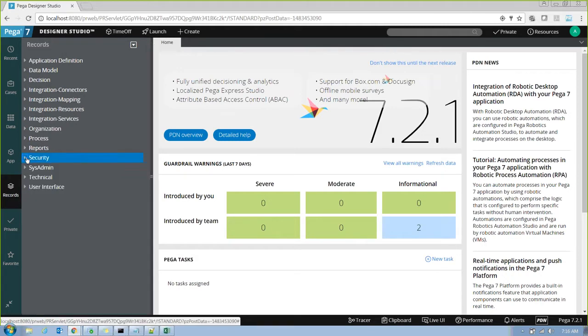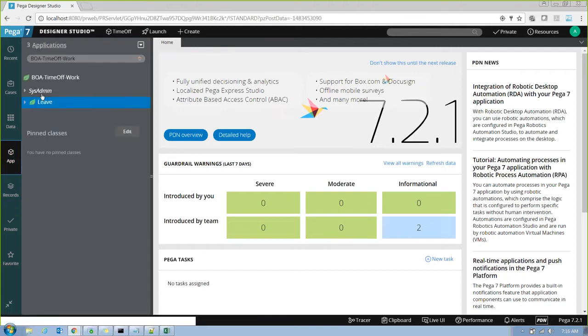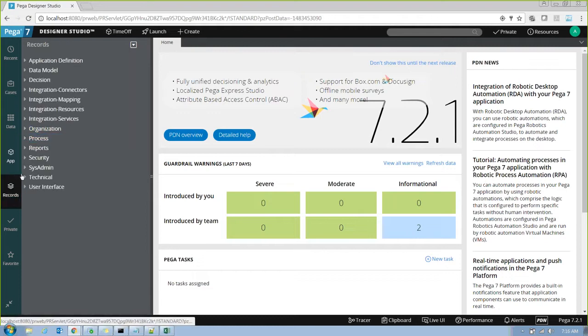So Records Explorer is the place where you can see all these rules as well as data instances grouped by type. See, operators and all these things are not rules, so you can't find them in App Explorer. App Explorer means you'll have a class and the rules under them. But operator ID is not a rule, it's a data instance, so you can only find it under Records Explorer. Similarly, applications, access groups, access roles, privileges, all those things are not rules. They are not something that execute. So such things you can only find under your Records Explorer.